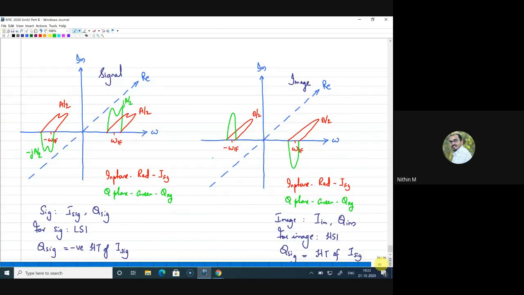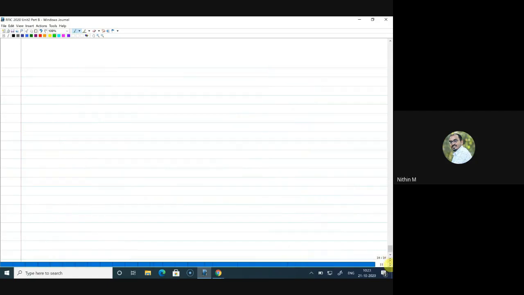So the aim where we started is that we need to cancel images and retain the signal. That is our point, right? So what we do now is we have the components in this way. Now, keeping in mind that I need to cancel the image, what I will do next is I will apply